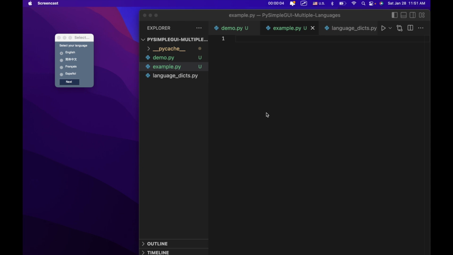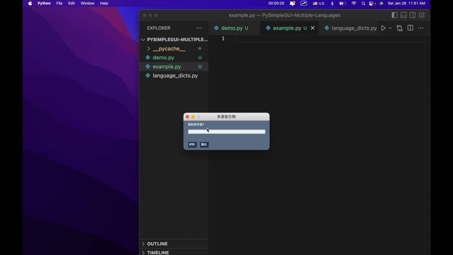Today what we're going to do is learn how to create PySimpleGUI applications that can display information in different languages. So right here, for example, we've got English, Chinese, French, and Spanish. Now, we can just select, for example, Chinese, click Next, and then we have